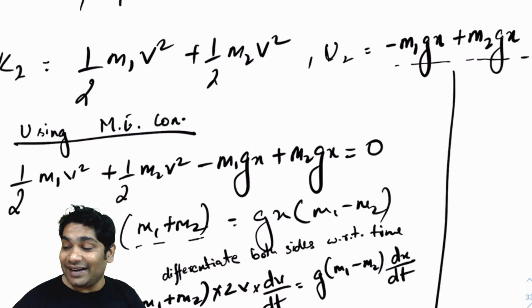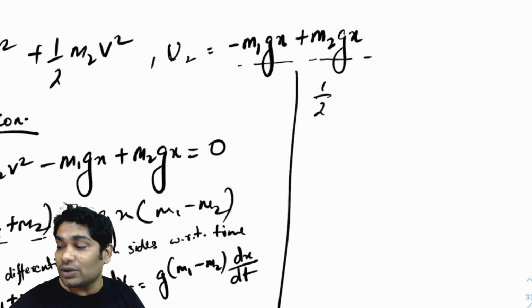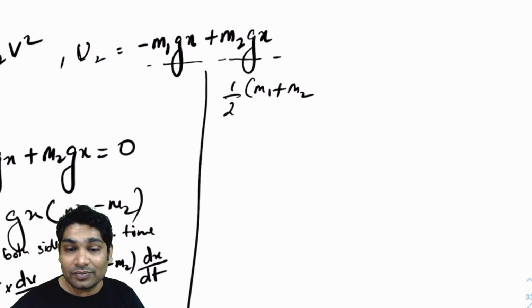Alright, so let's just rewrite things. I'm writing the result here one more time so that it is clear. Half of m1 plus m2